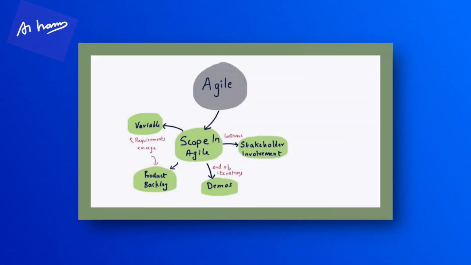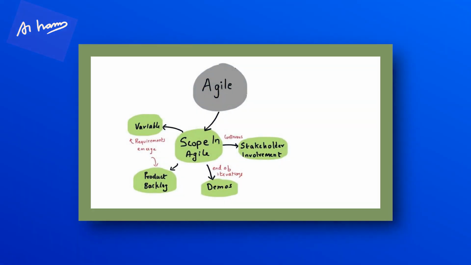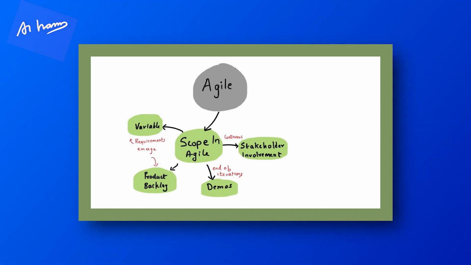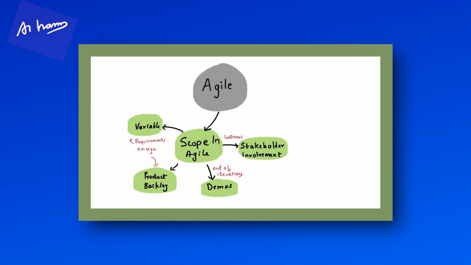Scope in Agile. How is scope treated in Agile? So scope in Agile is variable. It is flexible. Even at the last minute, people can come and change the scope. There is one principle which says we welcome change even late in the development. Right? So we should be welcoming that because that's important for the customer. But then we have to push out something else. We have to accommodate that in the time box of the sprint.